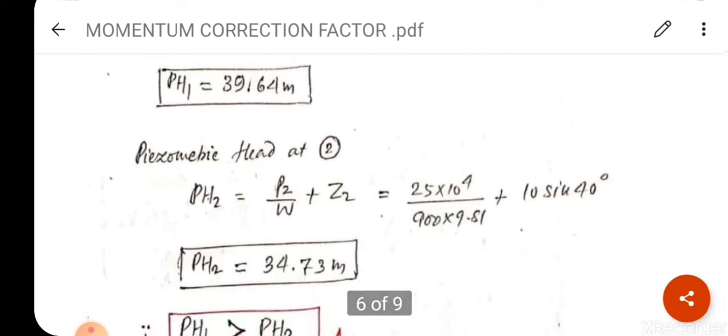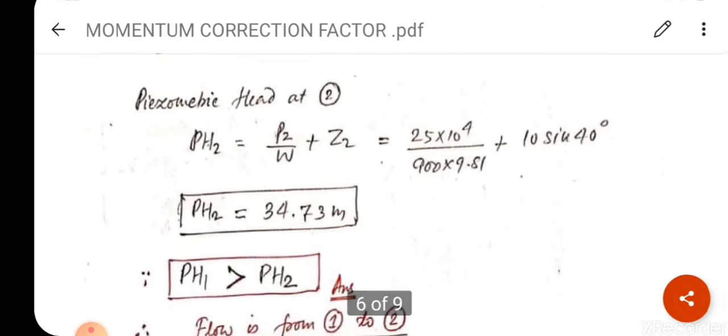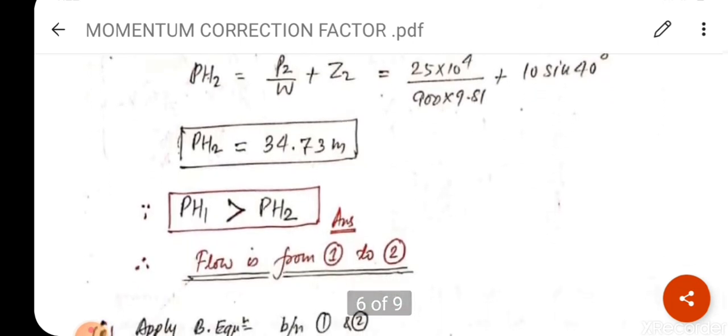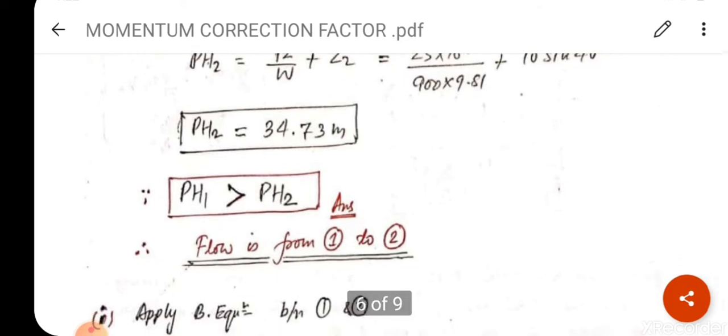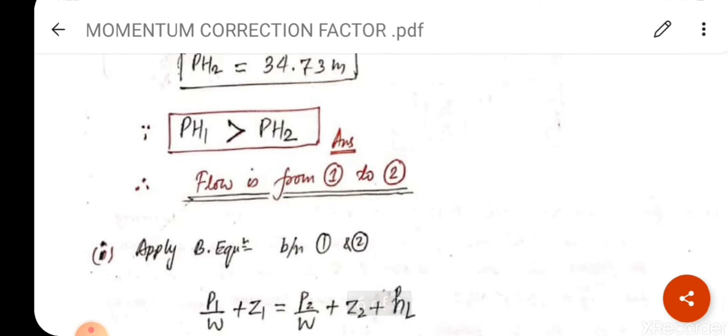Now piezometric head at 2, similar is the procedure, so nothing to explain. So piezometric head at point 2 is 34.73 meter. That is piezometric head at 1 greater than piezometric head at point 2. So it implies that flow is from 1 to 2. If piezometric head is greater at point 1, so it means the flow is from 1 to 2. Now next part,